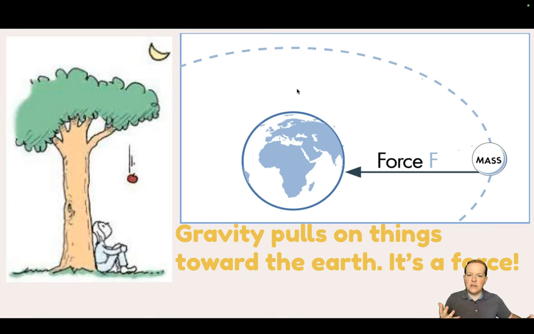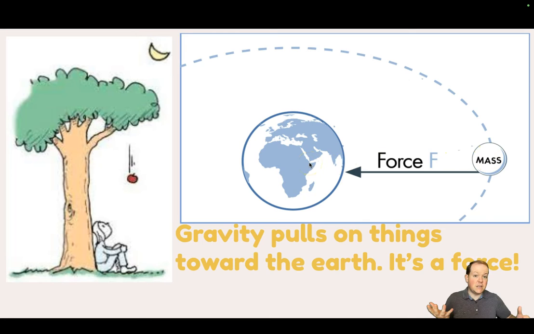Now, gravity, when we talk about the law of universal gravitation, it sounds like what you think of, okay? The reason why you are staying in your chair right now, the reason why you're not floating in the air, the reason why an apple falls, the reason why the moon is sticking around by the earth is because there's this thing known as gravity, and gravity pulls on things, okay? The earth is pulling on the apple. We say it pulls to the ground. Technically, it's pulling to the center of the earth. Likewise, the earth is pulling on the moon. It's pulling the moon toward the center of the earth.